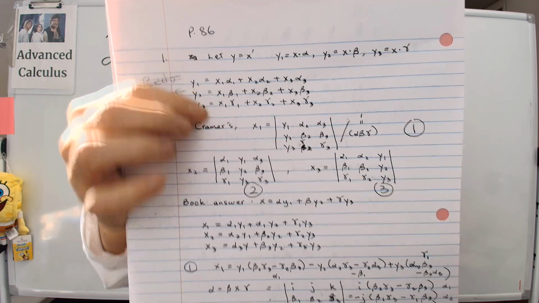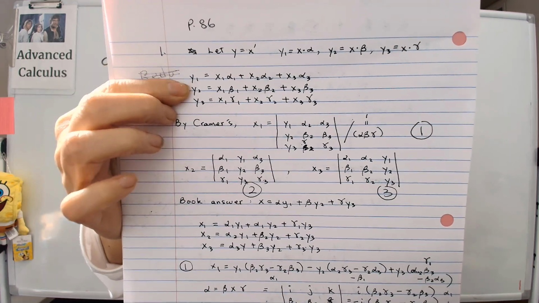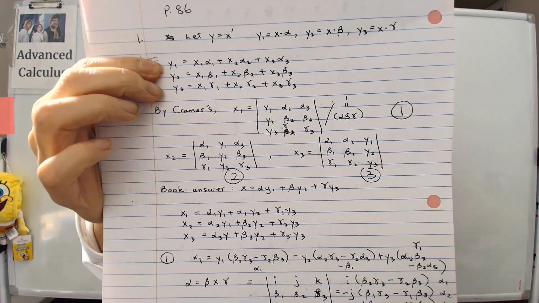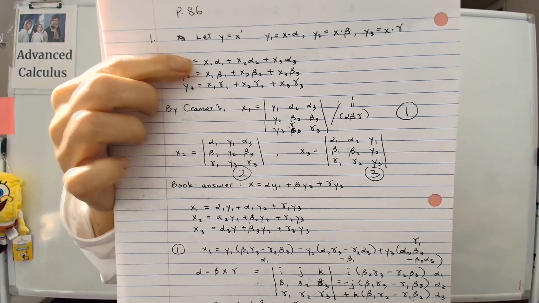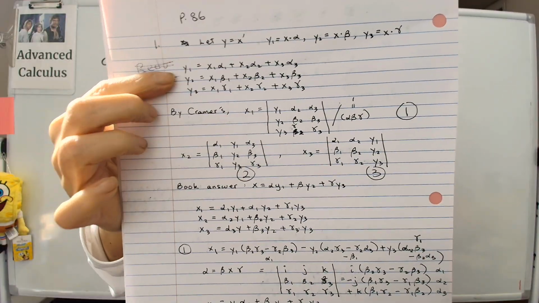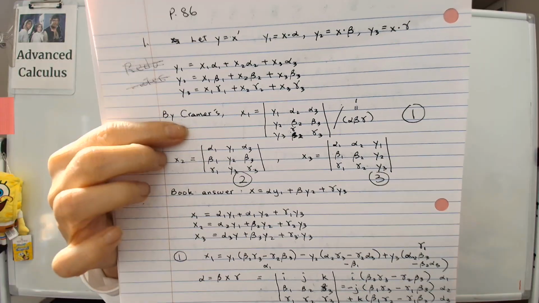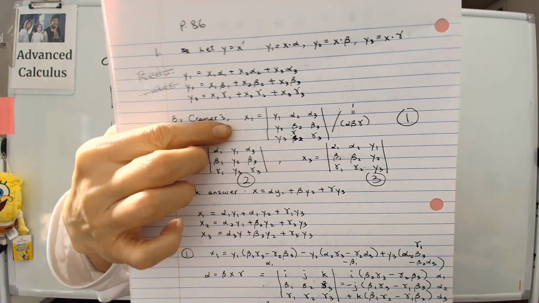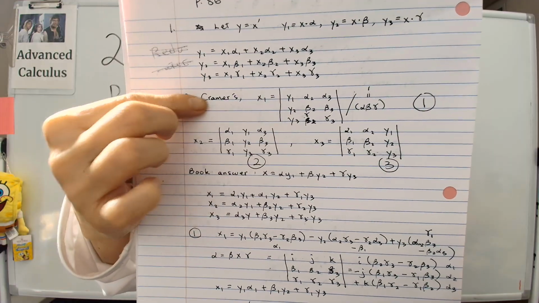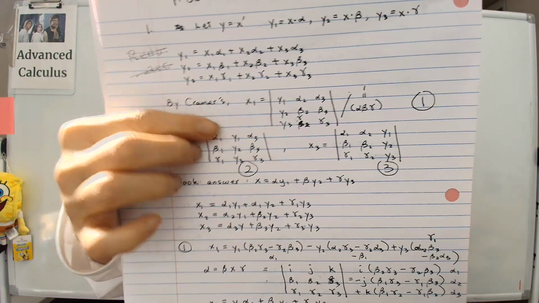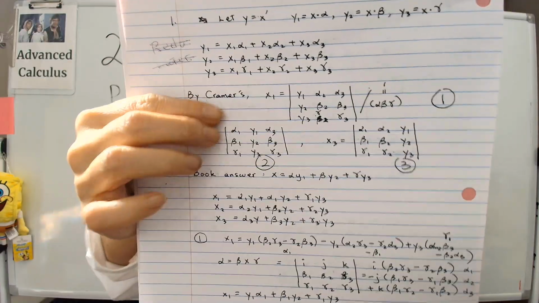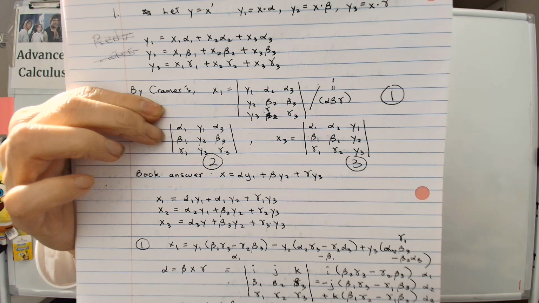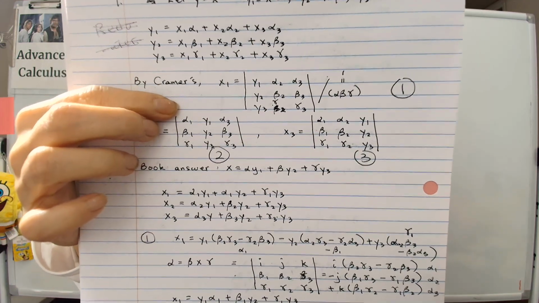It gets lost. So I said y equal to x prime and wrote down the 3 components. By definition, y1 would be x dot alpha, which is those things added together, and so is y2 and y3. Then we need to solve for x1 in terms of y and the other stuff. So x1 will be equal to, by Cramer's rule of solving simultaneous equations, that determinant divided by the other thing, which is alpha, beta, gamma,